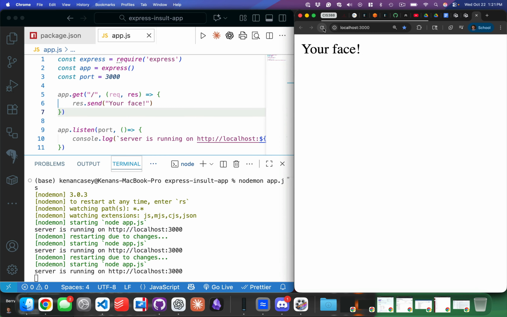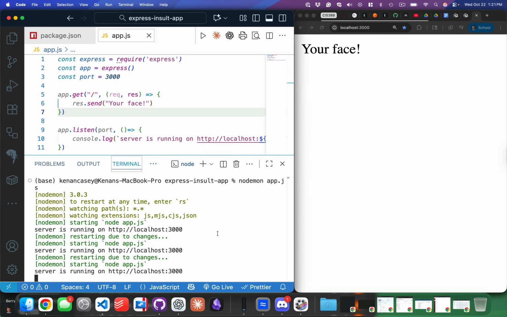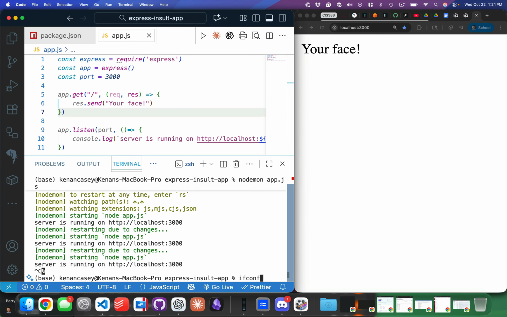There is a client and a server. Your computer is running both the client and the server application. Is that clear? But they're talking to each other over HTTP, so this would work from anywhere. So for example, if I were to look up my IP address, my actual IP address,